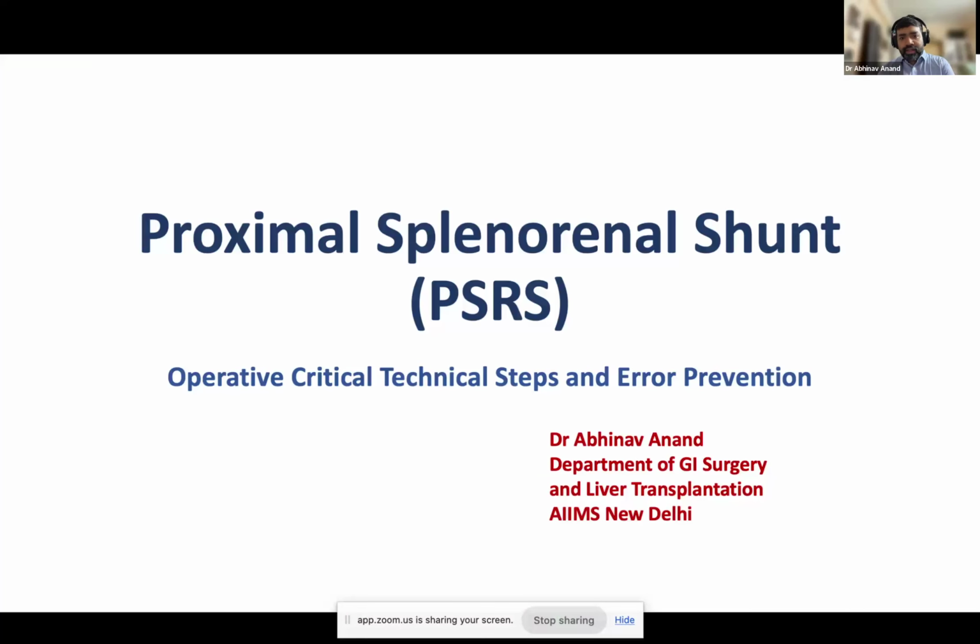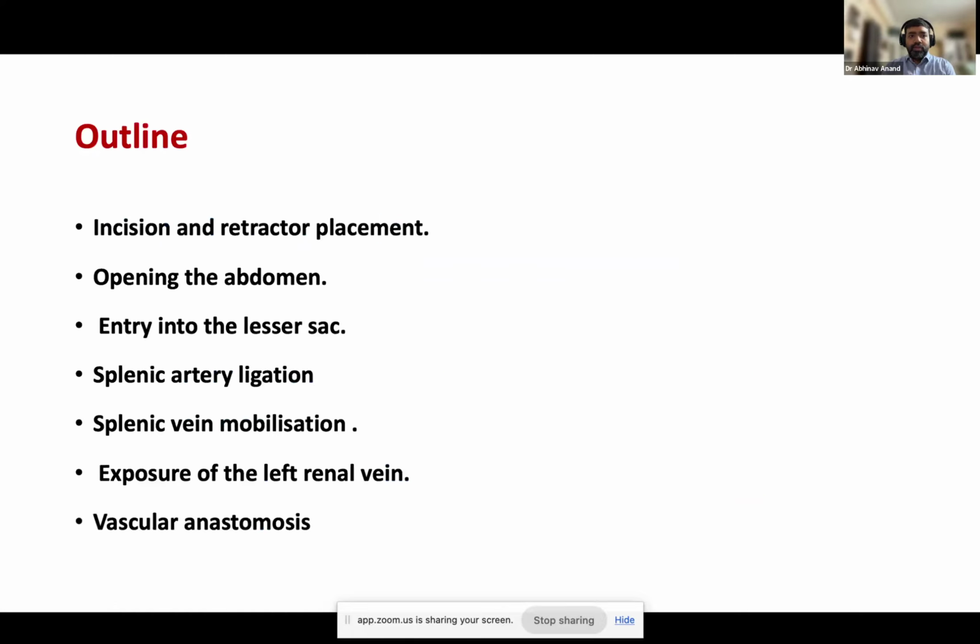Good morning, respected faculty. I am Dr. Abhinav from Department of GI Surgery and Liver Transplant from AIIMS New Delhi. Today, I'll be discussing the operative critical steps and error prevention for proximal splenorenal shunt. I'll be covering this surgery under a few topics: steps from incision, retractor placement to opening the abdomen, entering the lesser sac, then the splenic artery ligation, followed by splenectomy, then splenic vein mobilization, exposure of the left renal